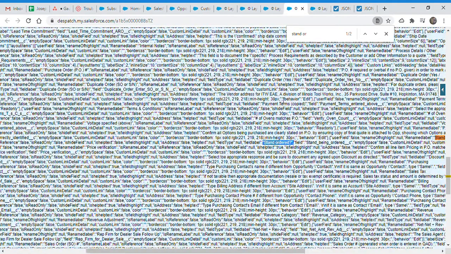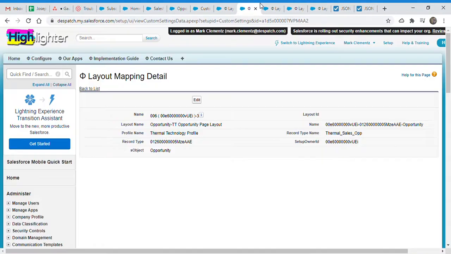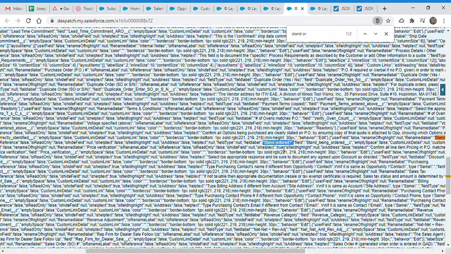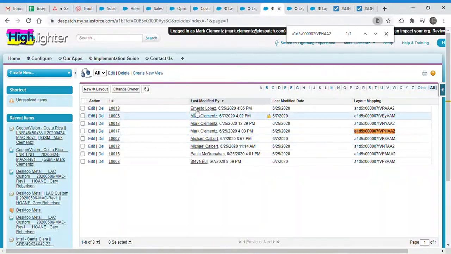But this second layout is for Paul, and he is, I think, the thermal technology profile, and this sales order is here too. So I'm sure he can also see this field. So at least we need a user, or its access, or at least the record here, to know that he cannot see the field.